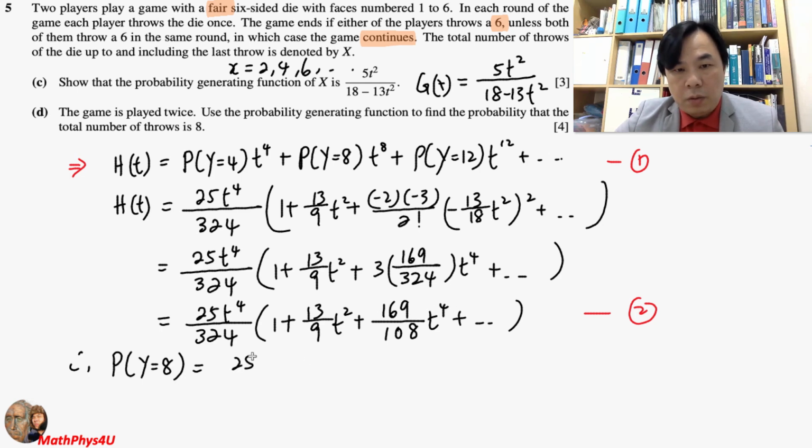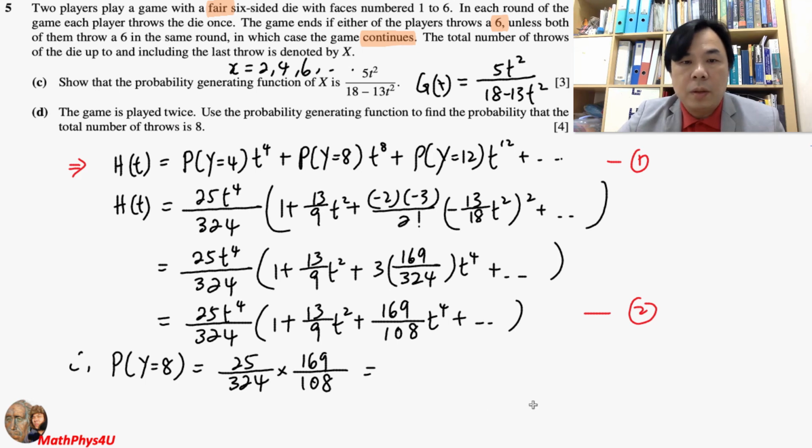That will be 25 over 324 by 169 over 108. Okay, now that will be our probability, right? That's a huge number to tabulate, of course. All right, so this one I really need a calculator on this, right? So just let me give that a try, and then let's see whether it works or not. Okay, so this is